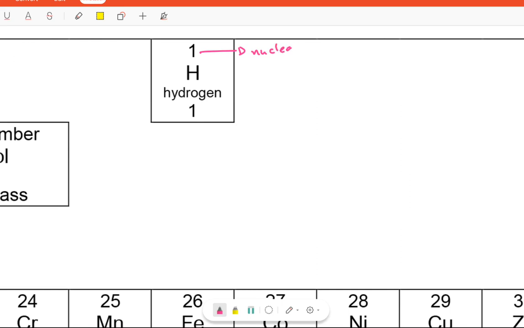This is the nucleon number, and also this one is the proton number. So if we say the nucleon number minus the proton number, that's 1 minus 1, which is equal to 0. So it means that hydrogen has 0 neutrons. So this hydrogen is protic. In other words, it only has